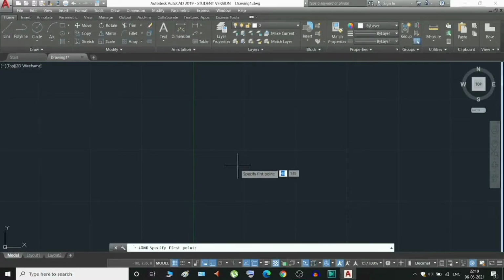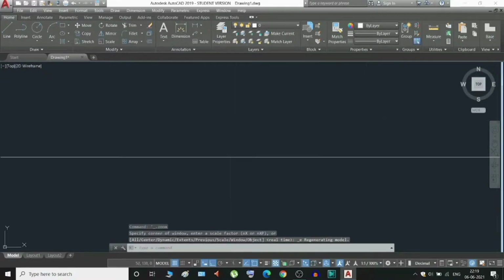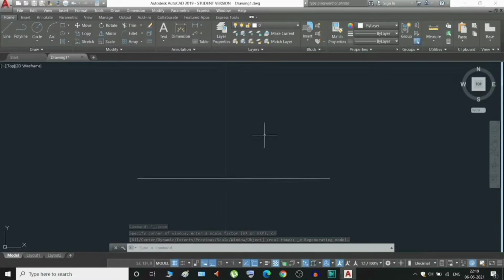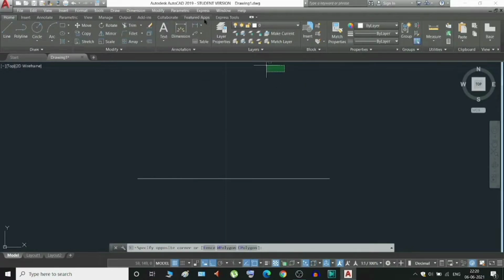So if we draw a line, say for 30, enter. If we zoom in a little bit, then if we go to the dimension, you can see so many dimensions, all the dimensions actually present here, or you can find it from this option also.